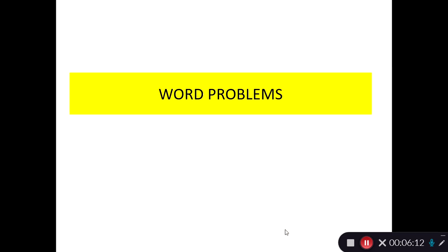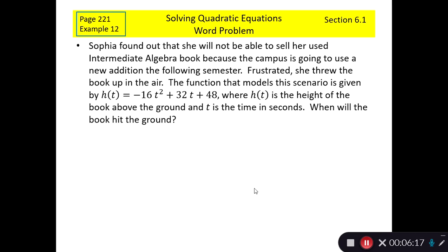Going on, we're going to do some word problems now. This word problem actually is in section 6.1. Sophia found out that she will not be able to sell her used intermediate algebra book because the campus is going to use a new edition the following semester. Frustrated, she threw the book up in the air. The function that models this scenario is given by h of t equals negative 16t squared plus 32t plus 48,